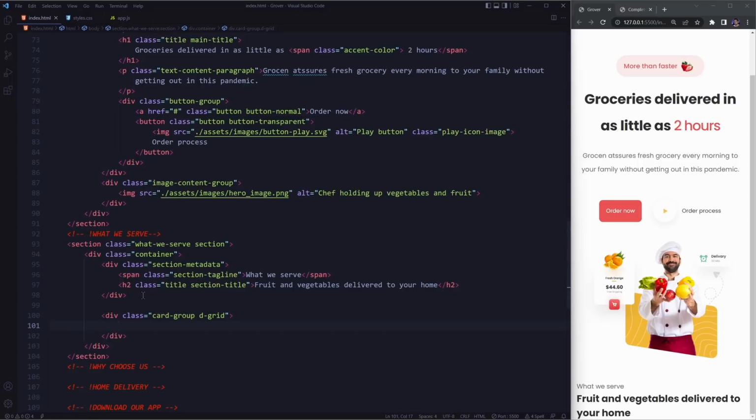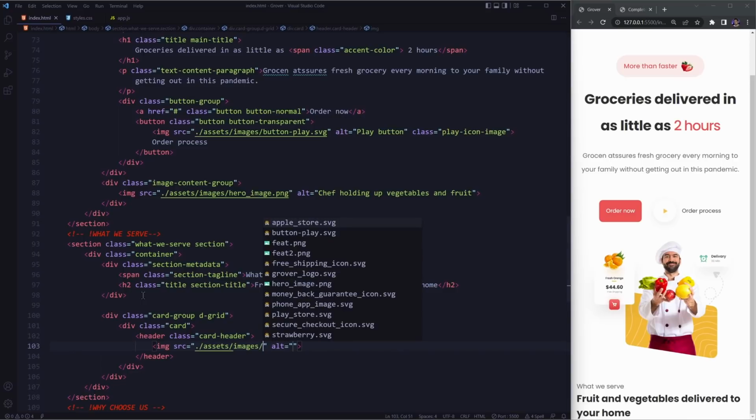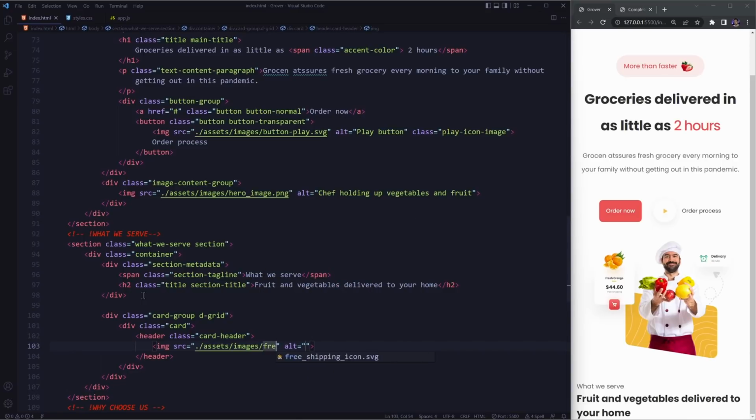So then I'm going to have individual cards. We are going to have 3 of them. So I'm going to have a div. This div is going to have a class of card. And inside of this card, I'm going to have a header. So this header is going to have the class of card header. And it's going to have an image. This image is going to be inside of the images folder. Actually, assets folder, images folder. And then the image that we want is the free shipping icon. And then we can say here free shipping